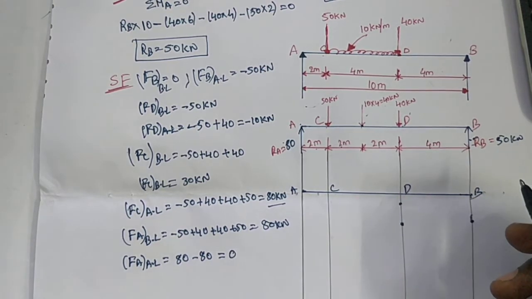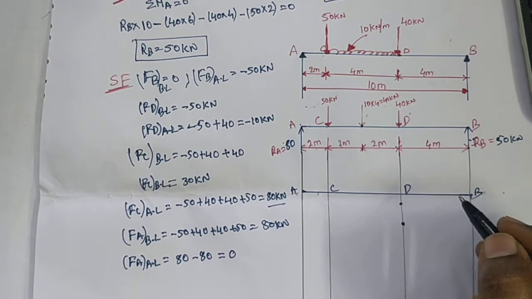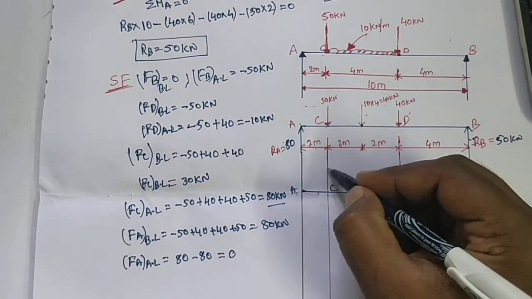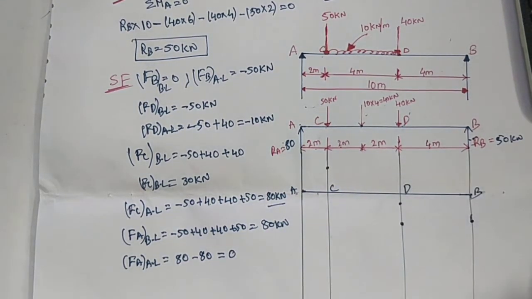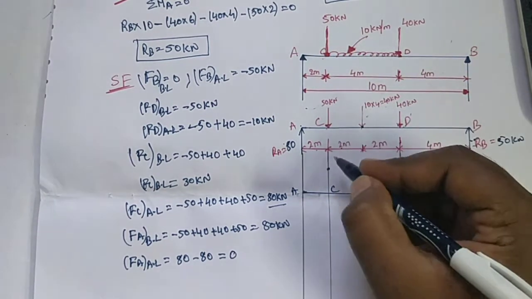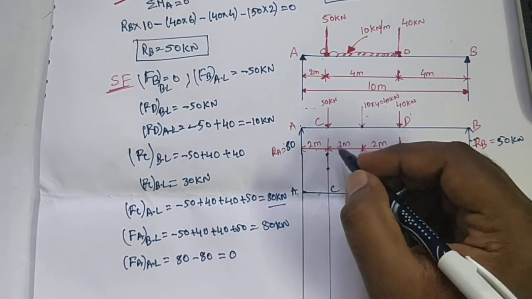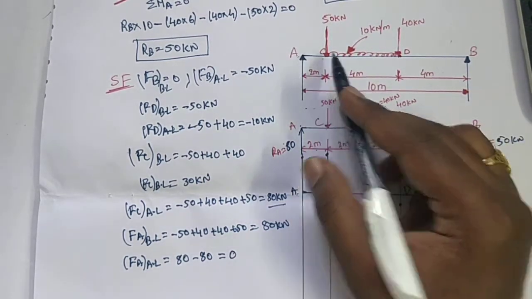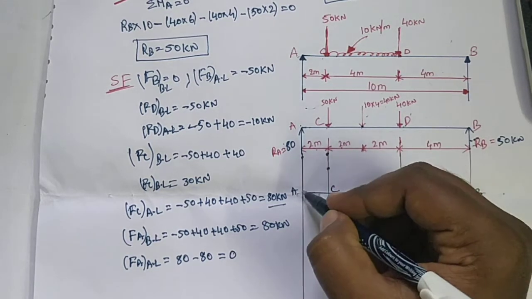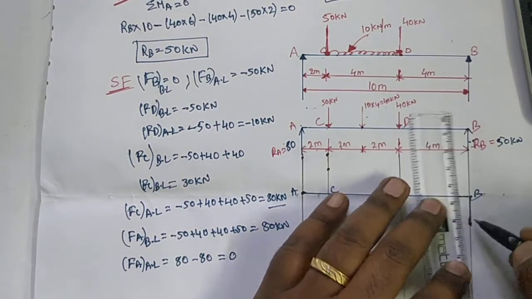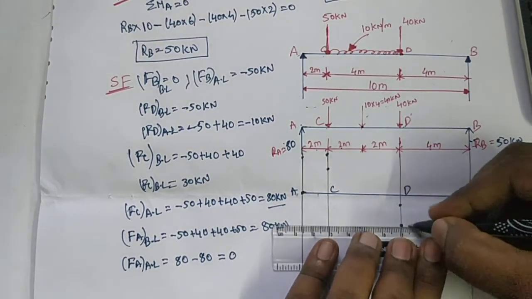Okay. Next, shear force at point C before load is 30 kilonewtons. 30 kilonewtons is positive, so it is plotted above the baseline. Next, shear force at point C after load is 80, because a point load of 50 is acting, so it is increased. Next, shear force at point A before load is 80, because there is no variation from A to C. Next, shear force at point A by considering the reaction force becomes 0. Join all the points and get the variation of shear force.